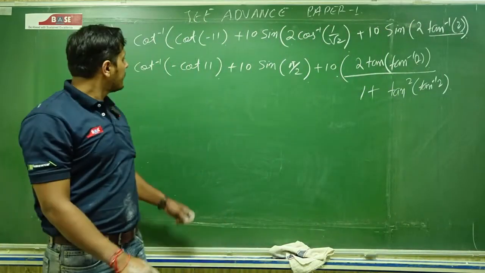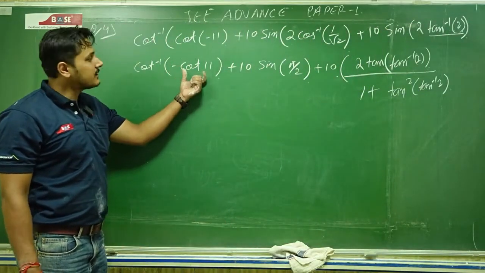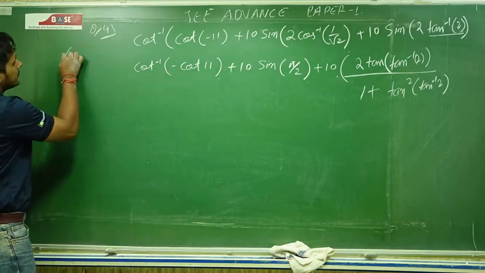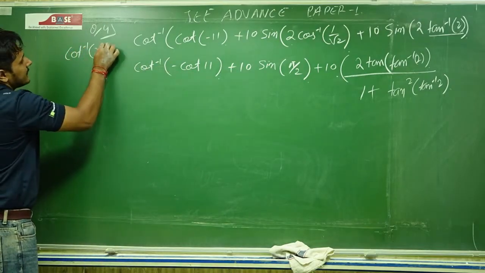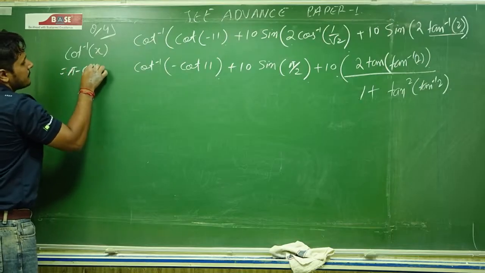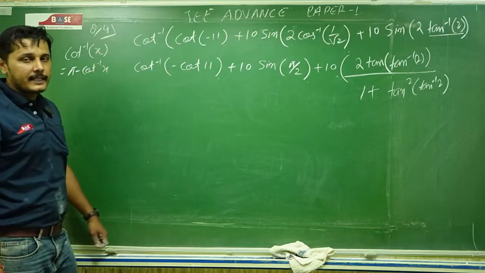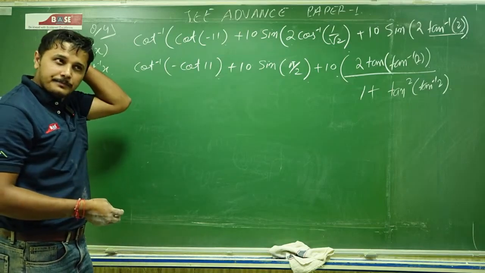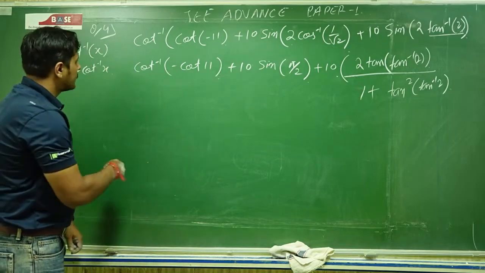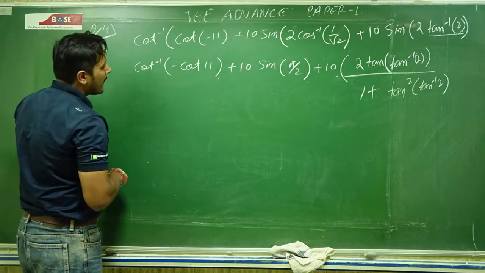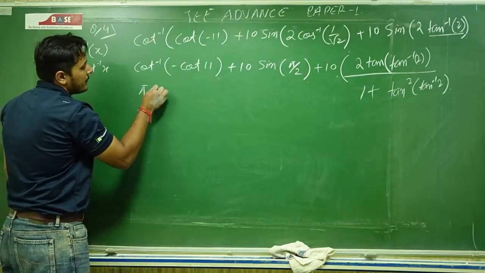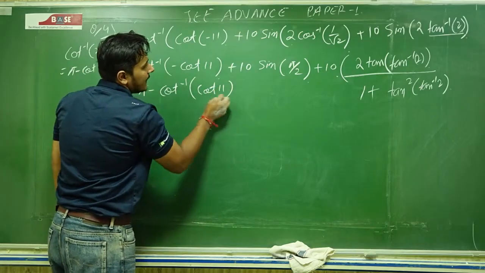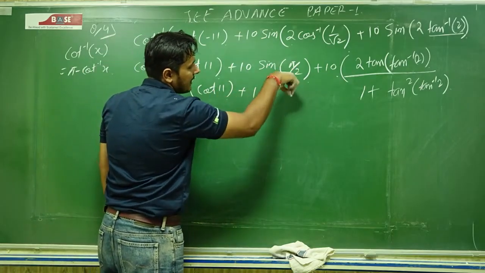Now for cot inverse minus x, we know cot inverse of minus x is equal to pi minus cot inverse x. For cot, cos and secant it comes with pi minus, while for tan, sine and cosec it is minus only. So this is going to be pi minus cot inverse cot 11, this is 10, and sine pi by 2 value is 1,